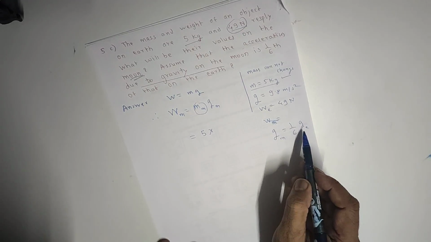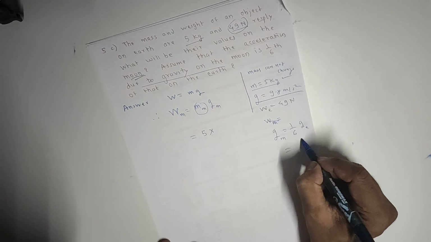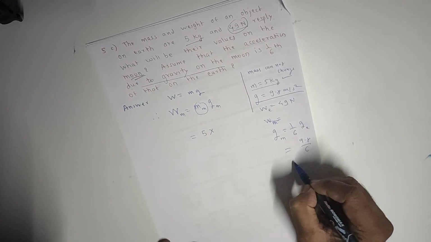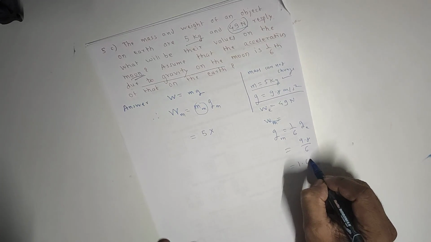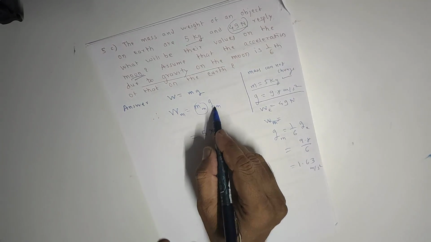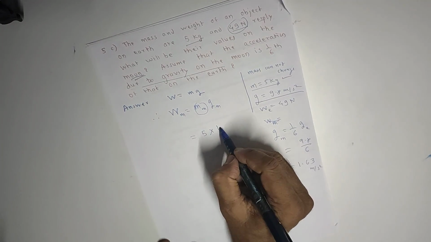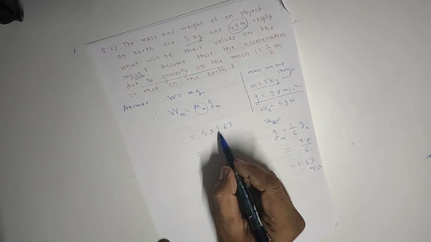Means g on earth is 9.8, so 9.8 upon 6, that is 1.63 meter per second square. We use here gm as 1.63. And then by calculation,